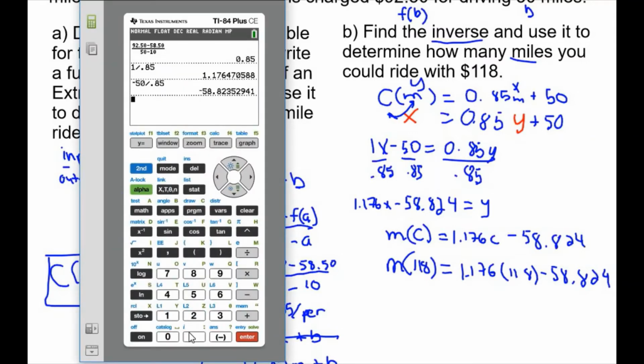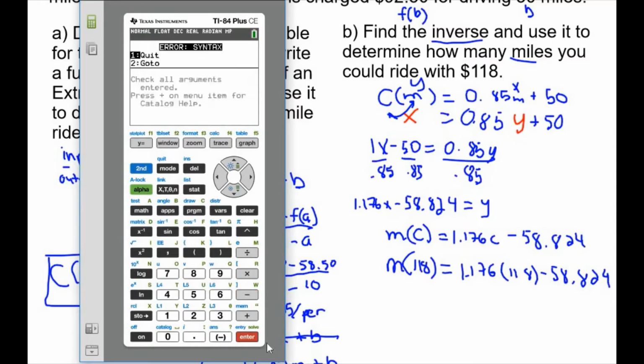So let's see here, 1.176, and then 118, and then minus 58.824, hit enter. Syntax error. Don't ever hit quit here. Always hit go to so you can see what your typo is, and I accidentally put an extra parentheses in. So I just delete that, and then we got it,